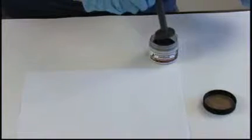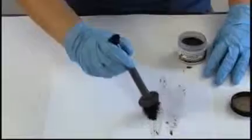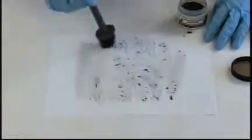So let's open up our powder here, and with the plunger depressed so the magnet is at the base, we're going to pick up a fair amount of our magnetic powder. And you're going to want to just brush this lightly across the surface. You don't want to drag this so that the base of the wand is touching the paper, otherwise you can